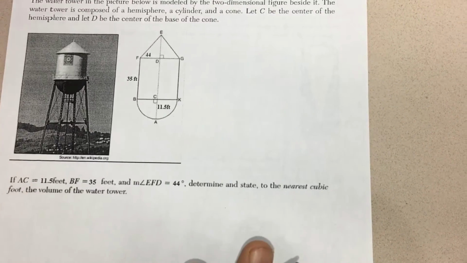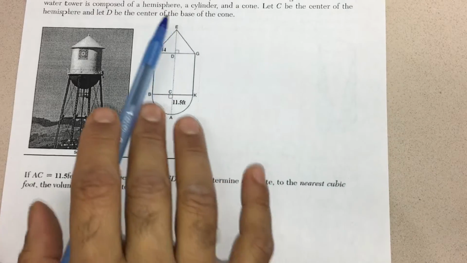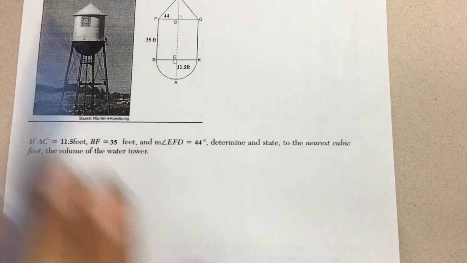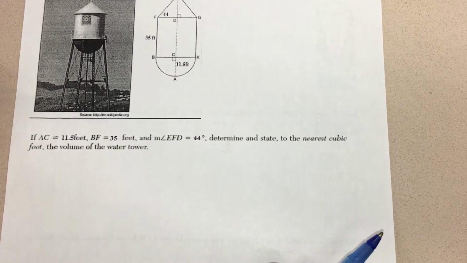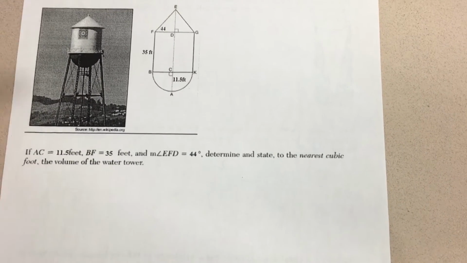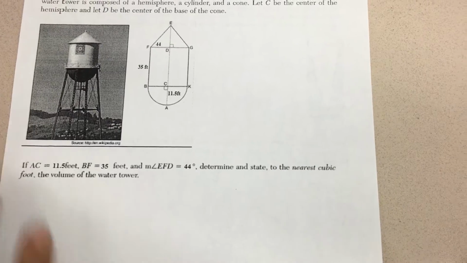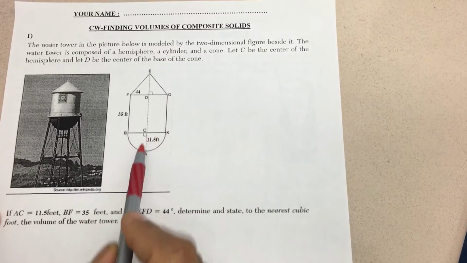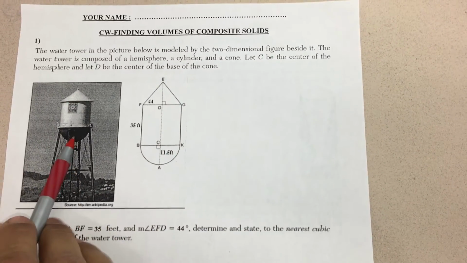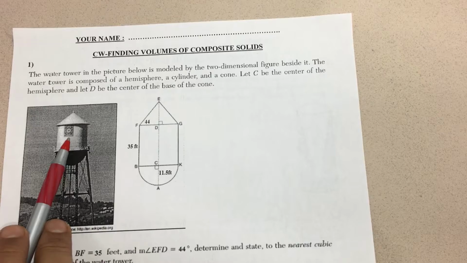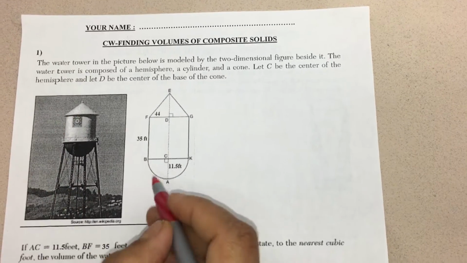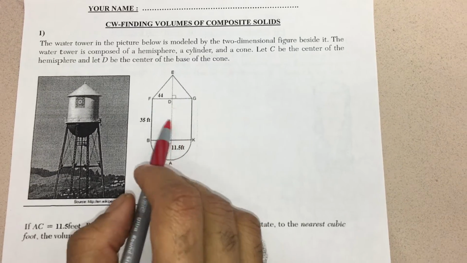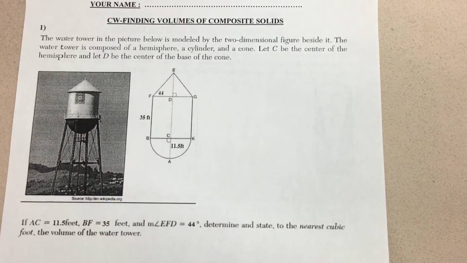Now I am going to demonstrate how to find the volume and how to complete this calculation for this problem. This model was given, not the exact problem, in the Regents exam last year. First you have to calculate. This tank is composed of a hemisphere, a cylinder and a cone. So we calculate the volume of the hemisphere first, and then the volume of the cylinder, and then the cone. After finding the volumes, we add them up.